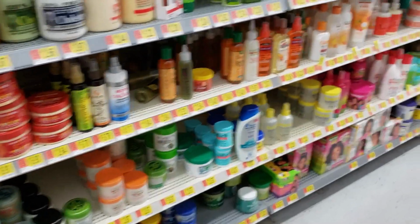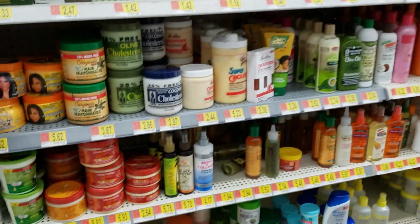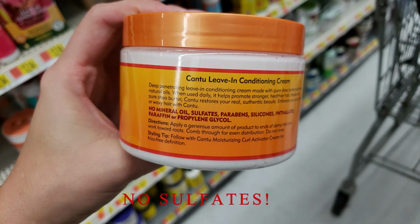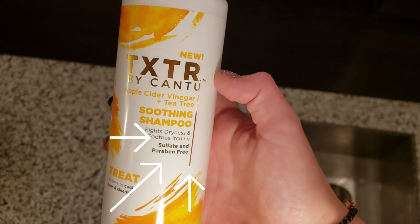When choosing the shampoo that you're going to use, there's many key clues that you can look for when shopping for products for your curly hair child. 1, no sulfates. 2, no parabens. 3, no silicones. And 4, no mineral oil. Now, most products clearly display this on the front of the bottle, but if you're not sure, you can always check the ingredients on the back of the bottle,